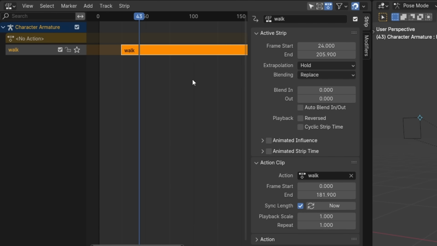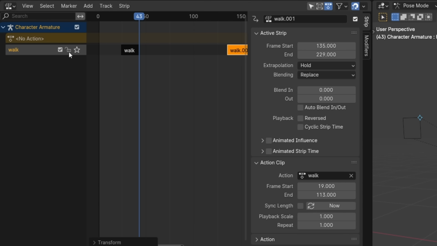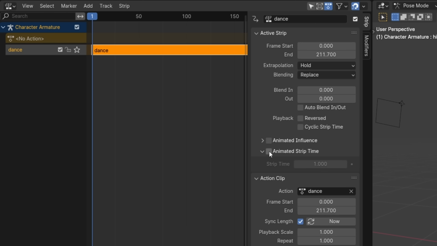If you press tab to edit the strip, it will reset to the original length unless you uncheck this sync button under action clip. And if you want to reset it, just press the button next to it. Remember this if you split a clip in half with Y and want to reset it to its original length sometime later. There are a few ways to change the speed or timing, one of which is animated strip time,